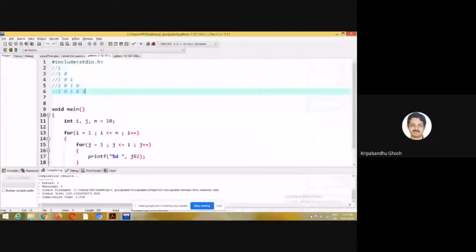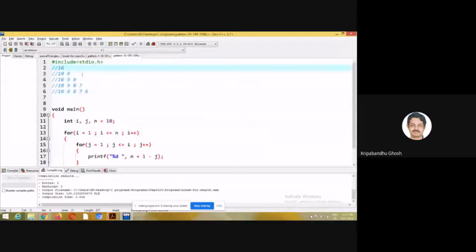So the pattern is similar, right? But it is not the same. I'm doing something else. So what is this 10? You see that this is the value of n here. N is the number of rows I want. So this is not the complete pattern. Let me run this, then you'll understand.